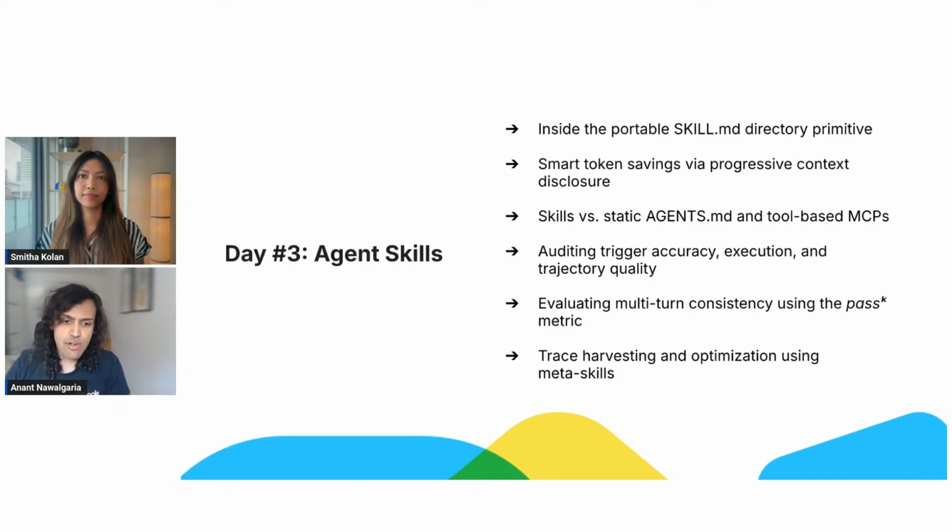And then we also showcased Google's Agent CLI, which hopefully some of you had a chance to play around with in the code labs, illustrating how you can scaffold, test, and deploy skills into the runtime environments. Finally, in the concluding part of the white paper, we entered the meta skills territory, looking at how agents can watch successful execution traces and autonomously write or optimize their own skills. So that's a summary of what we covered in the white paper.